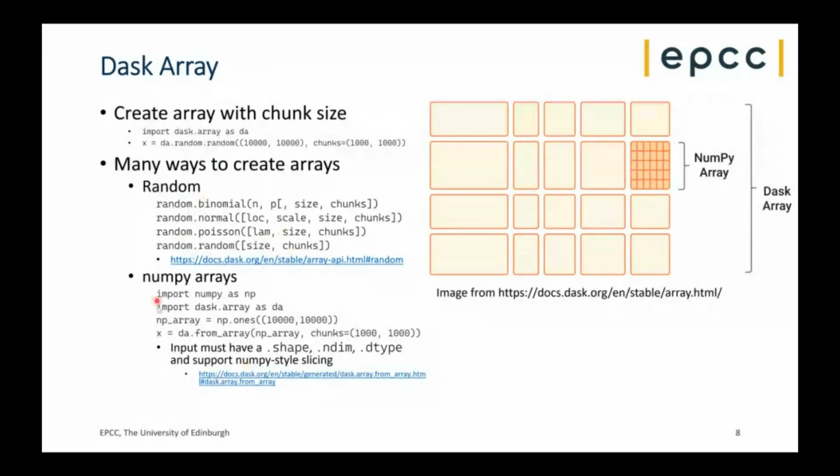This is pretty simple. There's actually many ways to create arrays. So if you have a look at the Dask documentation, you can do binomial and normal, Poisson and random distributions. You can just create a Dask array directly from a NumPy array. So you create a NumPy array and then you just call a function which takes that and splits it up into chunks and ultimately will distribute it across workers. This approach is slightly limiting